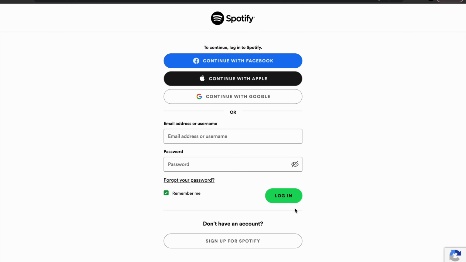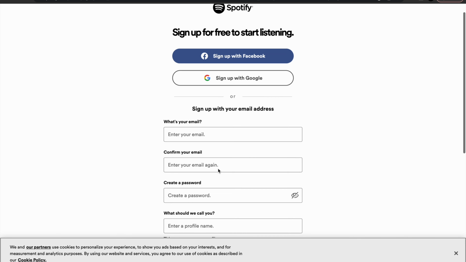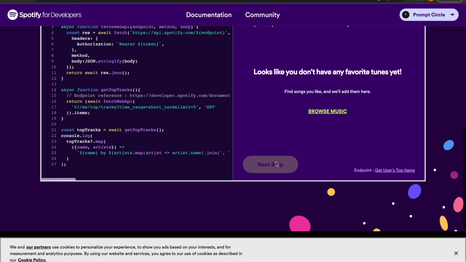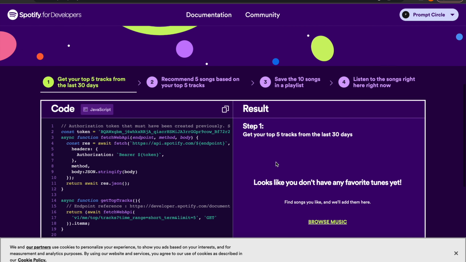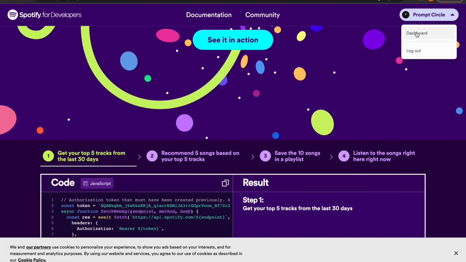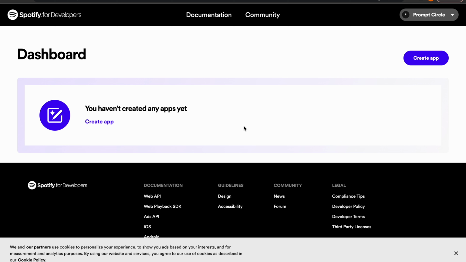To get dev access to Spotify, you need to sign up for a Spotify account. So you go to accounts.spotify.com and then you can go ahead and sign up. Typically I love to sign up with my Google account, so I'm just going to go ahead and do that. Alright, so once you're signed in, you get access directly into the Spotify for developers area, and all you really need to do is to go into your dashboard, accept the terms of service,